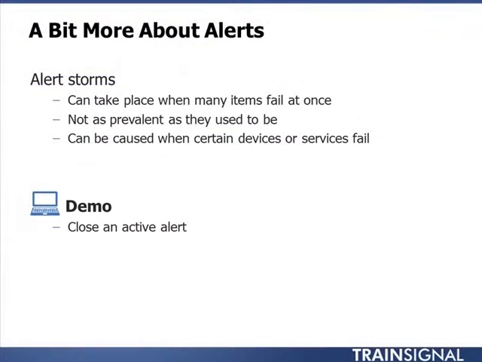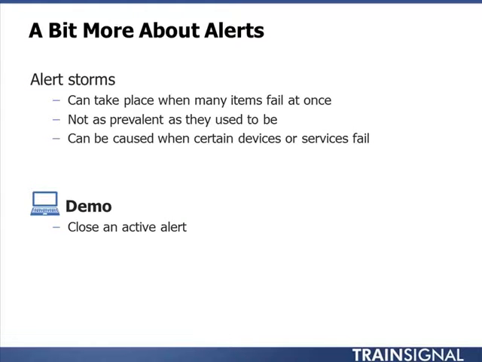So let's talk a little bit more about alerts. First of all, you have what are called alert storms that can take place in Operations Manager from time to time. And although they're not as prevalent as they used to be, they can still happen from time to time. And this happens when either many items fail at once or many items with dependencies fail at once. So what that means is if you have a device that has lots of things behind it and it fails, you could end up with a significant number of alerts being raised in the